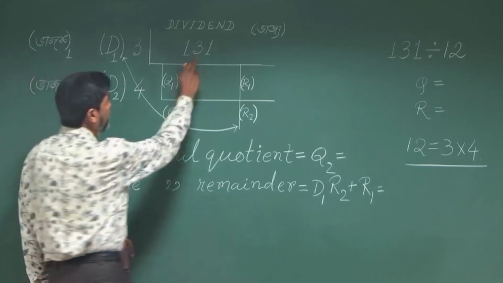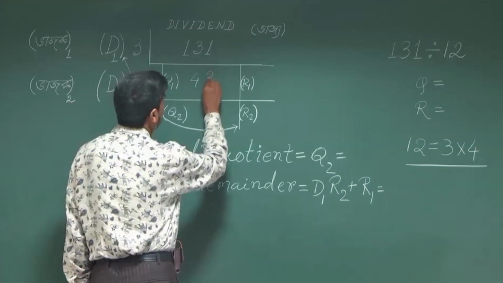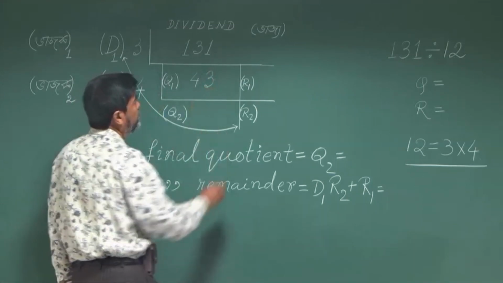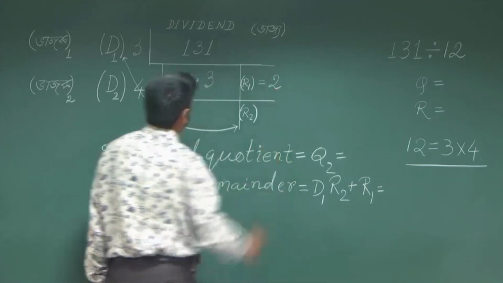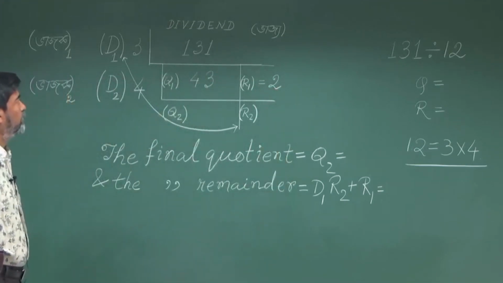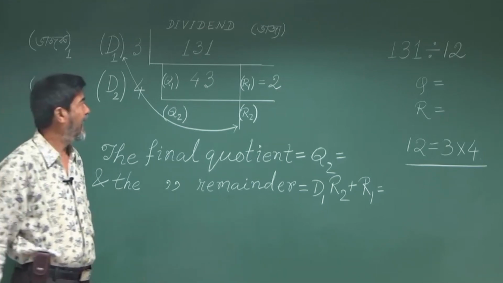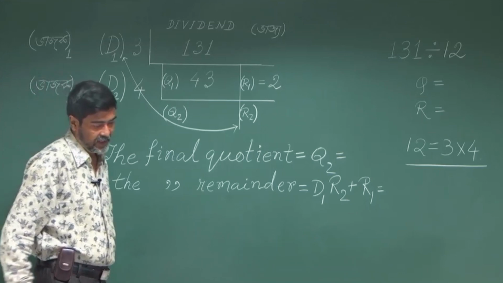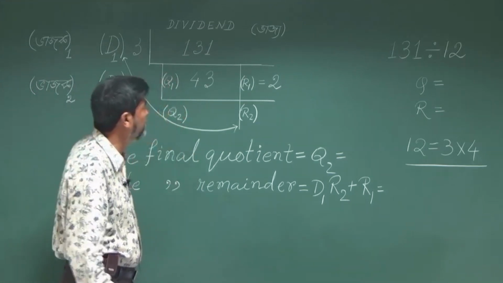Then 1 and 1 will make it 11. 3 3s are 9. So the remainder is 2. Therefore, when 131 will be divided by 3, we have 43 as the quotient Q1 and 2 as the remainder